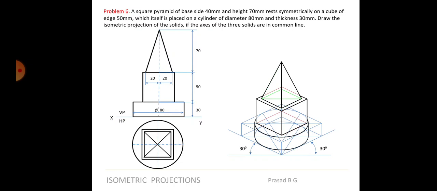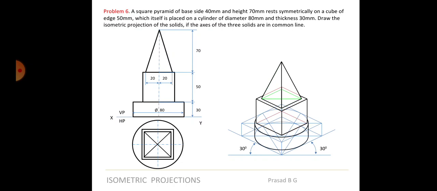Okay, is that clear? If you have a combination of more than 2 objects, generally the objects are going to be easy. It can be either one cube and one pyramid on top of that, or cube and cube on top of that, or any simpler objects which can be done easily. They will not give you very complicated objects, like a frustum of a hexagonal pyramid, on top of that a frustum of a pentagonal pyramid, and on top of that a frustum of a cone. No, you will not get those difficult kinds of problems. If there are more than 2 objects, generally they will be easy.